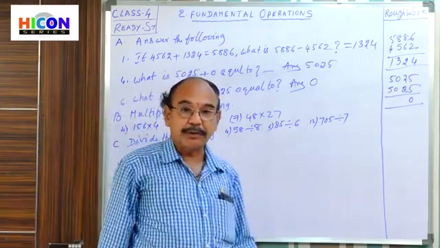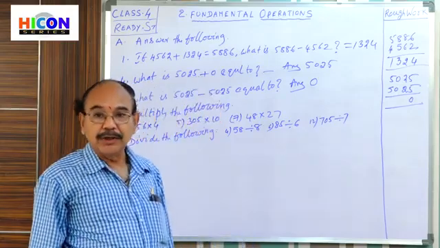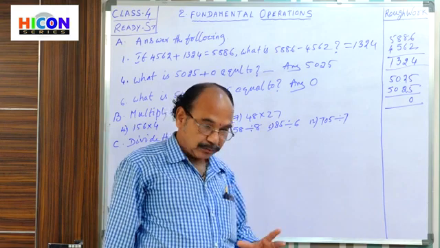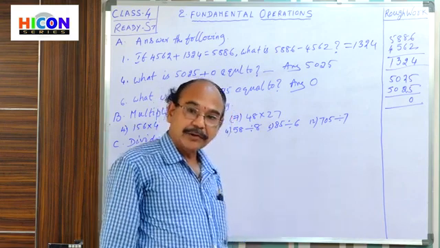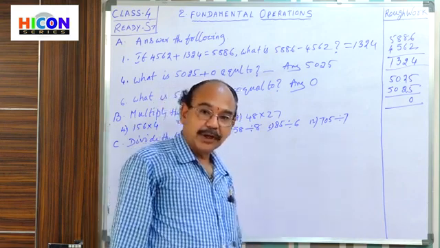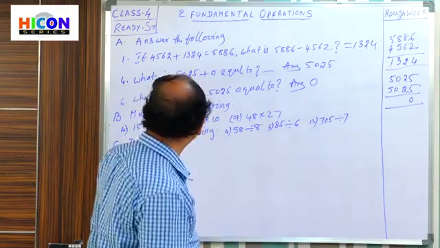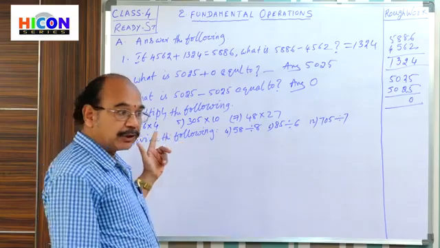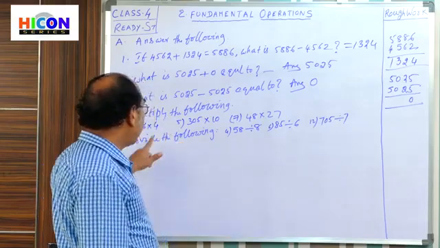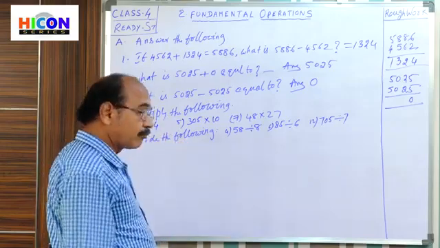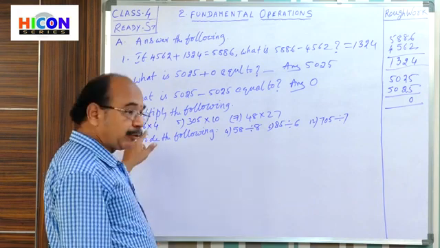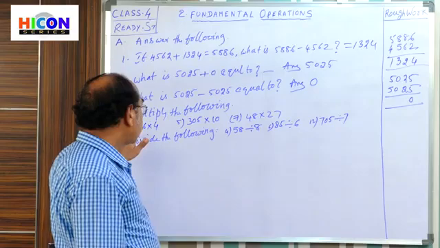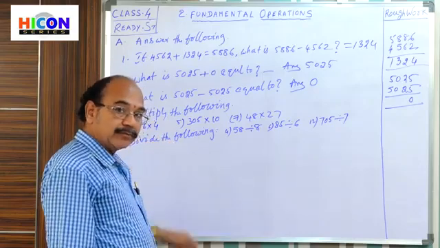Okay. In the first chapter, we already studied multiplication. So, to check your knowledge, this review exercise has been given. The question is: multiply the following. What do we have to multiply? See, A. Fourth one. In Roman B, some problems are there.